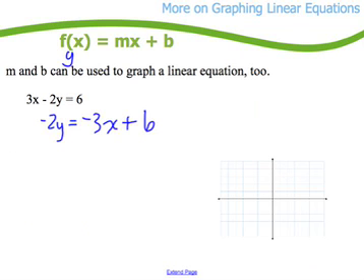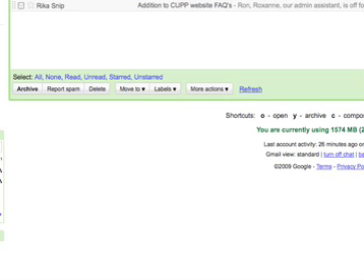So I'll write the whole thing over again. Minus 3x plus 6. And now what I'll do is I'll take,